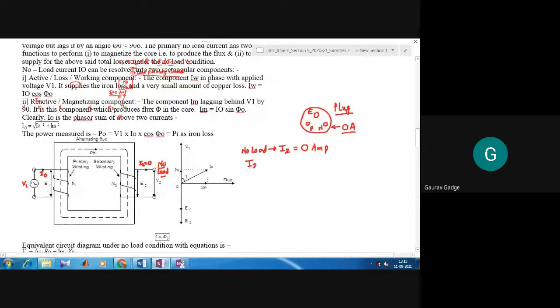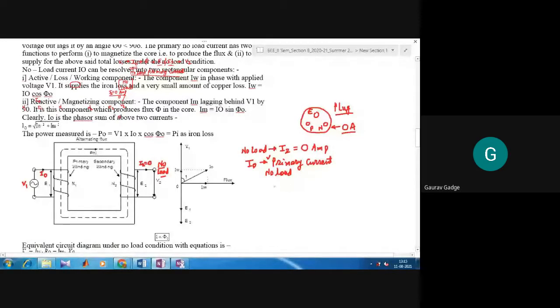If you remember, we are left with this. So I naught is the primary current. This is nothing but the primary current because it is passing through the primary side. It is a primary current, but under no load condition. So we generally name that current as the no load primary current.